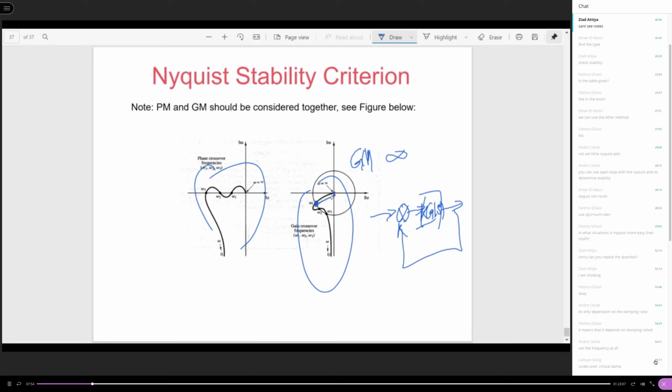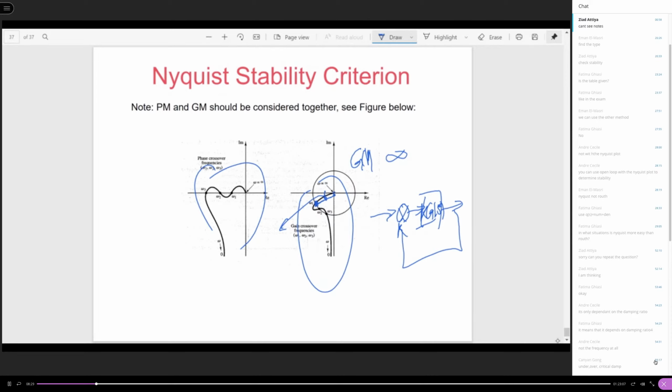So you're using this crossover point to find out the phase margin is here. You can see that the phase margin is very small. So this kind of system could also be vulnerable, vulnerable to a small perturbation. Vulnerable, fragile. Maybe a small perturbation to the phase, and the system will become unstable because the phase